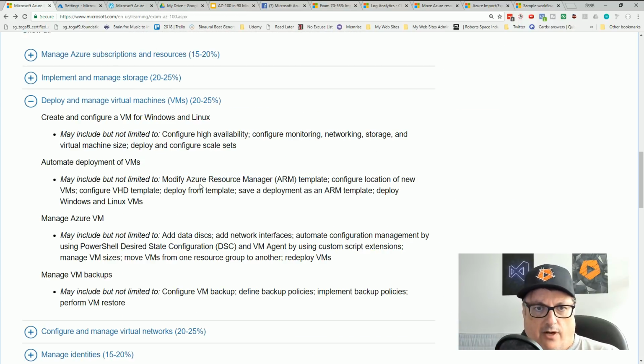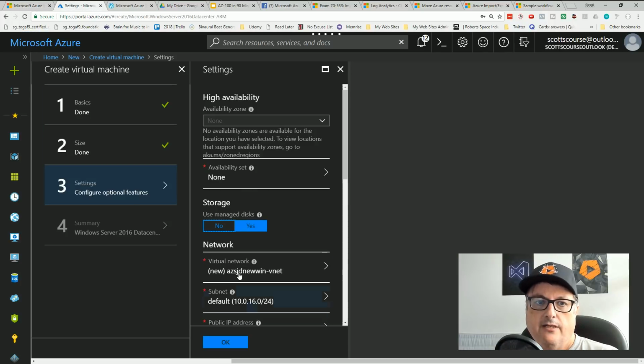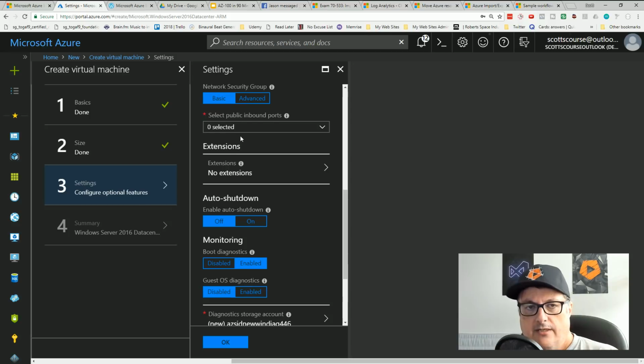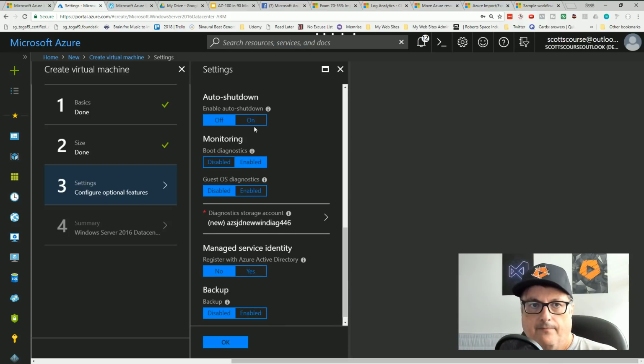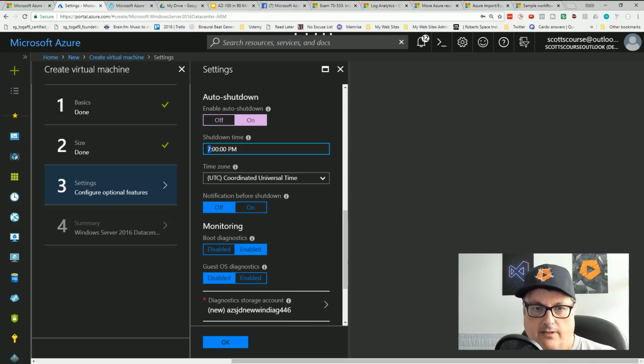Going back to the requirements here, ARM templates. Oh man, Microsoft. I'm gonna finish this real quick, but Microsoft loves, in this task specifically, auto shutdown. I'm absolutely going to use it, because of the way that costs work and the way that sometimes this cost me money that I didn't expect.